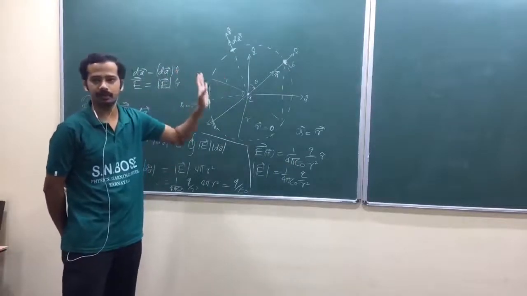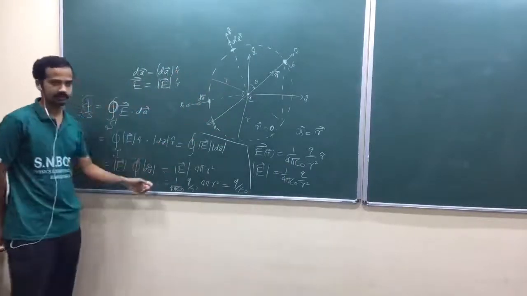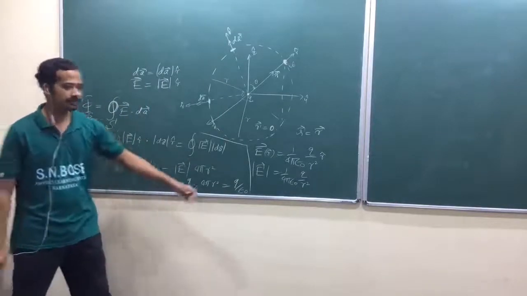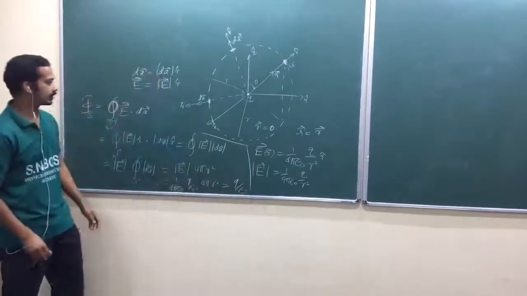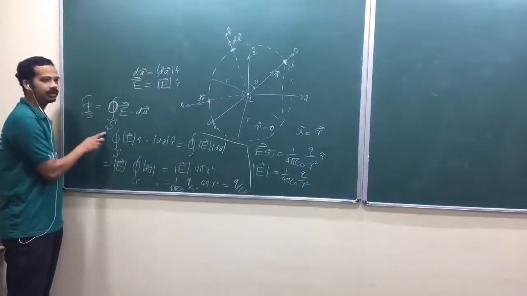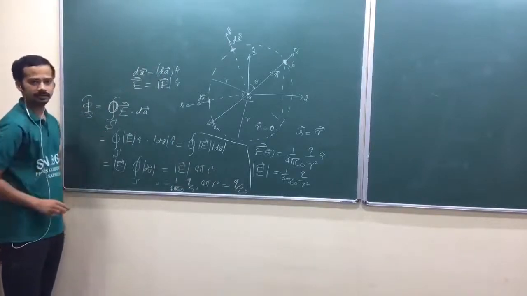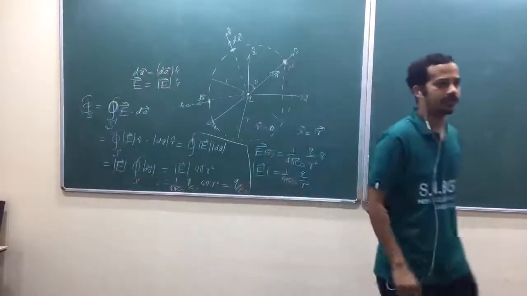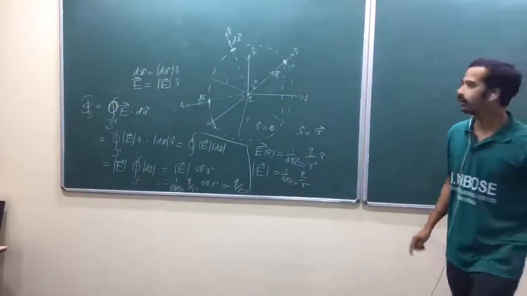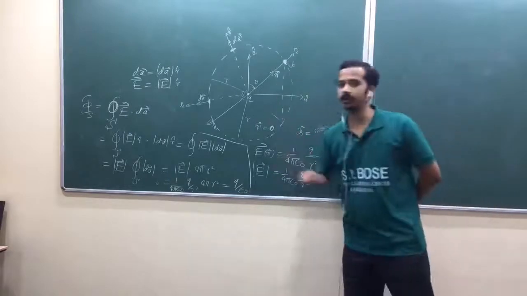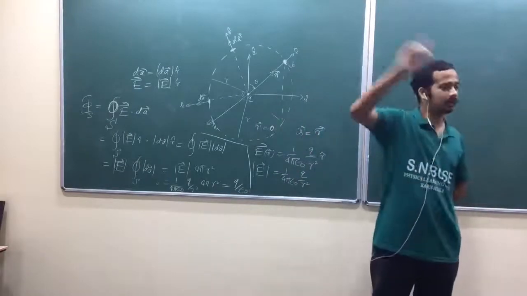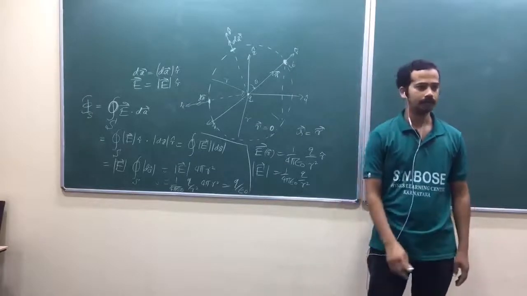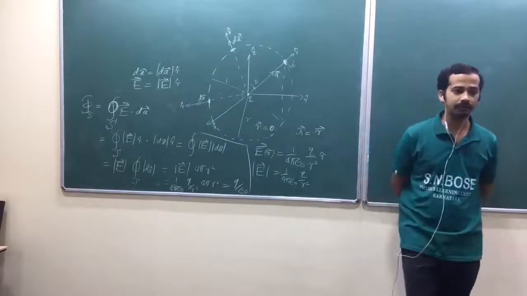Here I have taken a spherical surface. Why? Because I can do this integral very quickly and I can show this one. Now I can generalize this. So this can be any closed surface. Why? Flux will be the same. What is flux? The number of field lines passing through that surface, isn't it? Since field lines are generated by that charge and are ending at infinity or ending at some negative charge outside, field lines are not ending in midair.